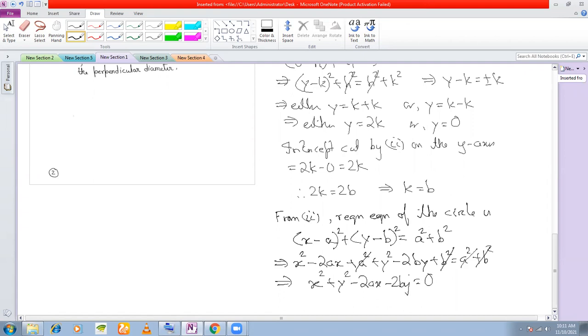Now you will say, why did I write this? Why did I simplify this? I could have left it here. I just showed you because we'll be doing this form. This form is called the general form of the equation of a circle. We'll be discussing this form in the next part. Okay. So that is why I just showed you this. So we'll move on to the next problem.